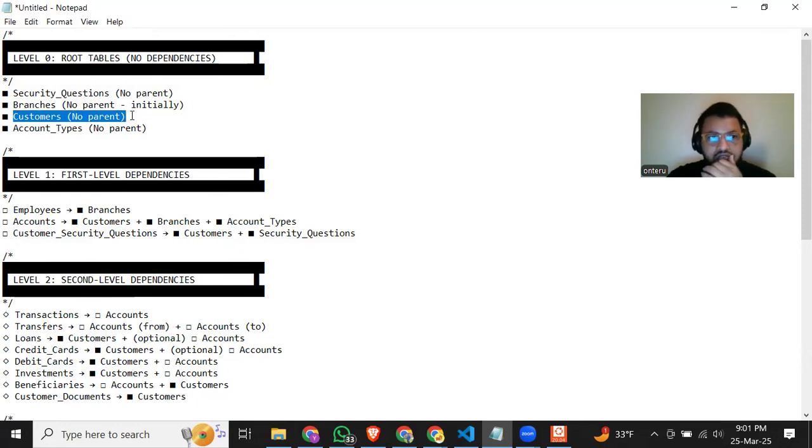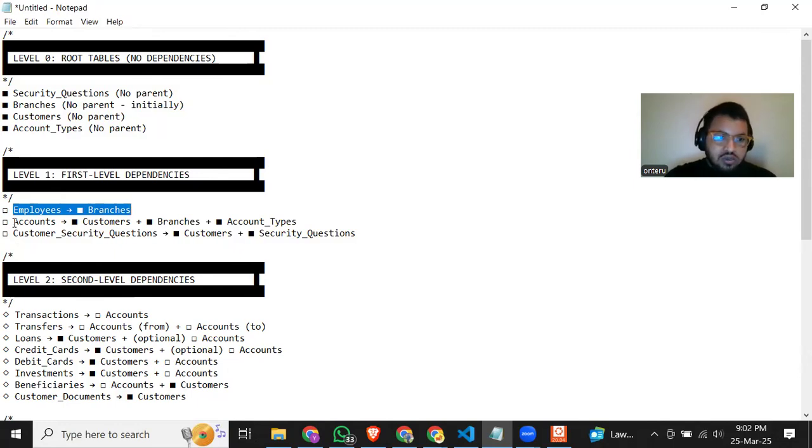Then customers, which are stored in the customers table, and the account types. What is CASA? CASA means current accounts and savings accounts in the banking system. In this table, I'm going to store information like current account and savings account types. Then employees, who are working in my bank,